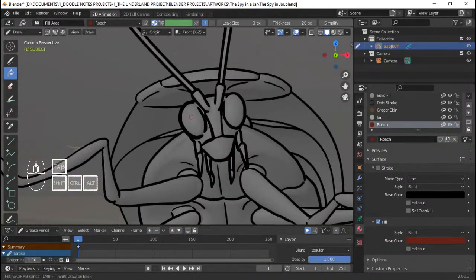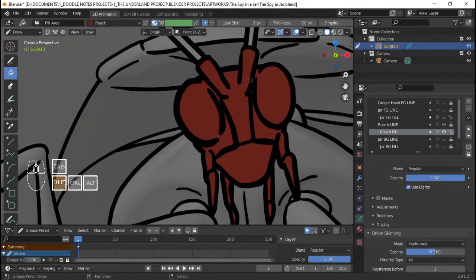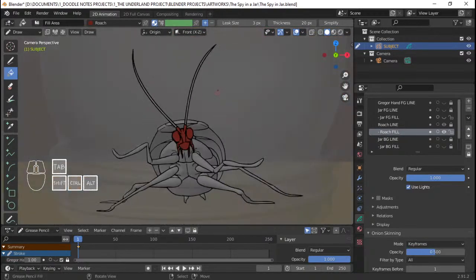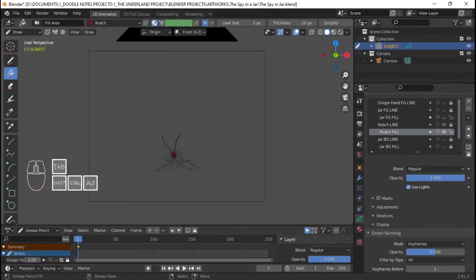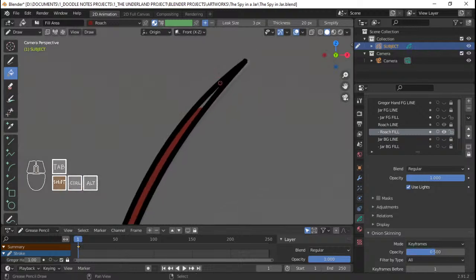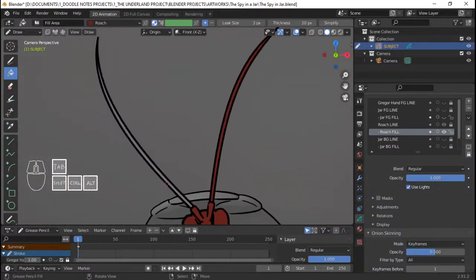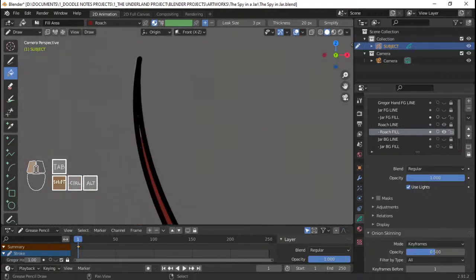So yeah, I'm gonna just go fill up. Make sure we are still in the right layer though. So I'm just gonna go fill this guy up right here. Make sure that the gaps are not included in the filler. There's no empty filled parts right here. Just like that one. And then the antennas, and I keep doing that.